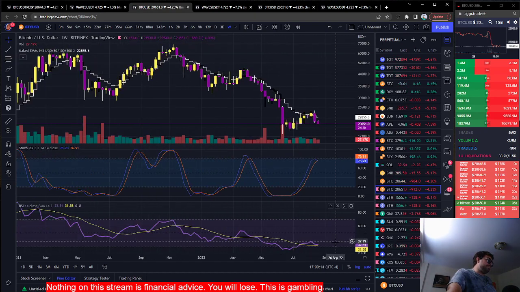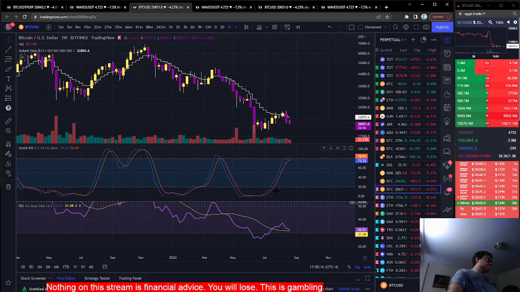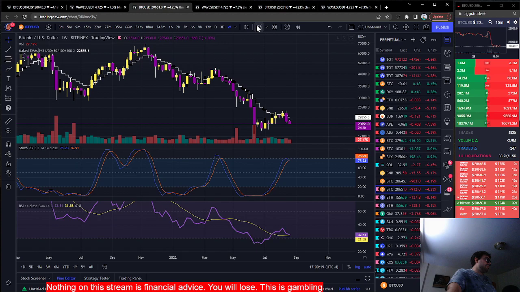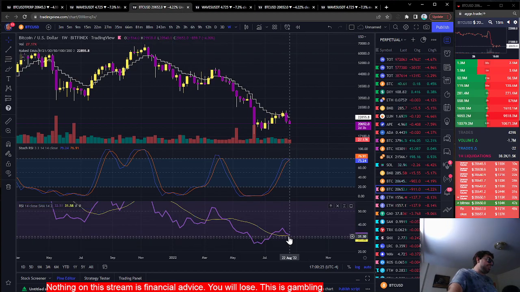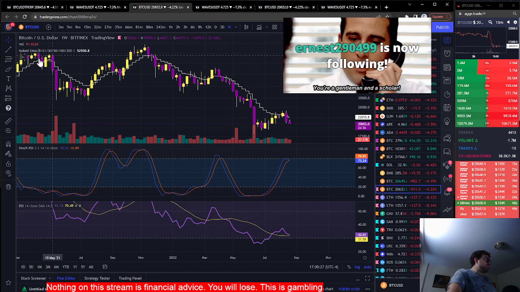And the only thing that's maybe keeping us alive right now on this RSI is the MA trend line, which, by the way, you can get. Everybody has the same trend line. You can go here, RSI based MA. The moment we start going below that RSI based MA, that's when this show's really going to start to